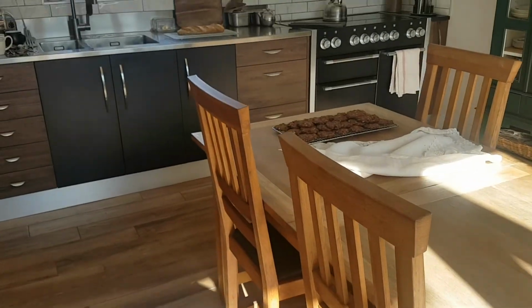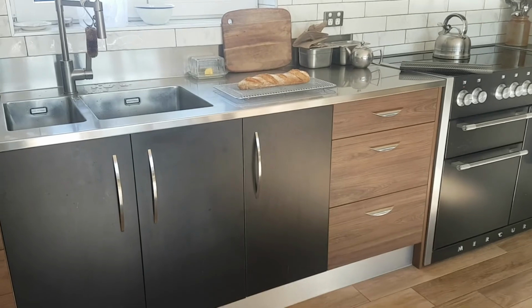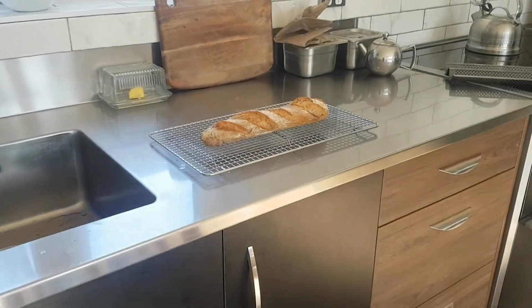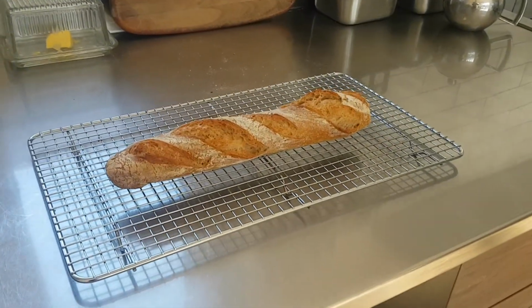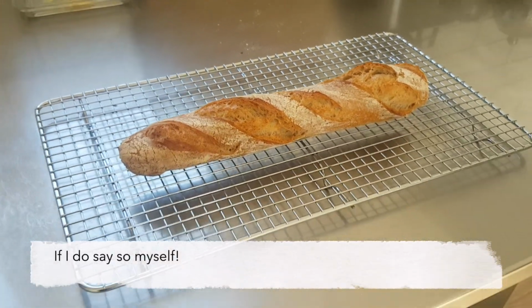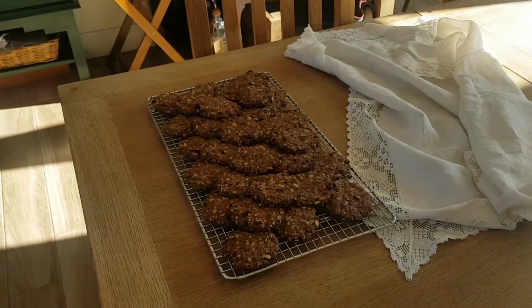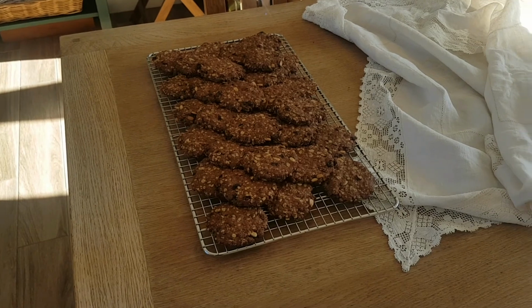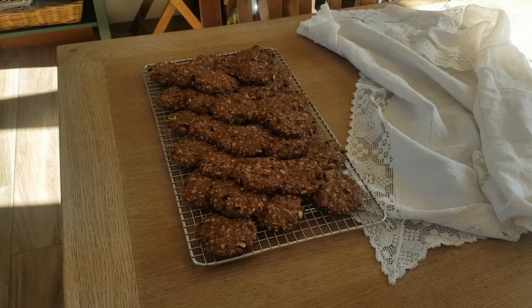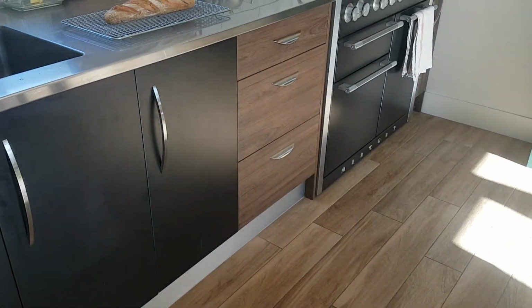And it's baking day, baking morning in the house, so I've just pulled out the baguette for lunch. Rather pleased with that one. It is looking superb. Smells delicious too. And also biscuits. I do a full batch of biscuits every week, because when I was looking at our rubbish,